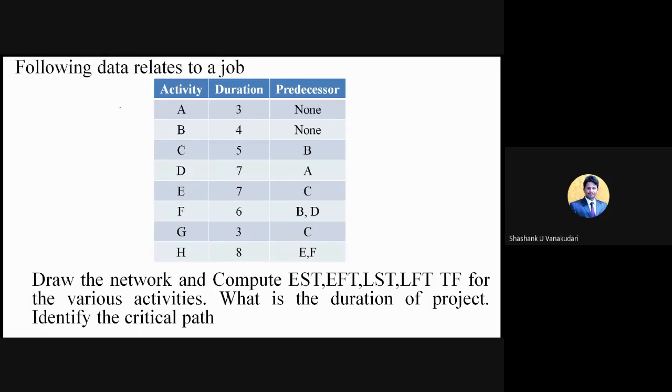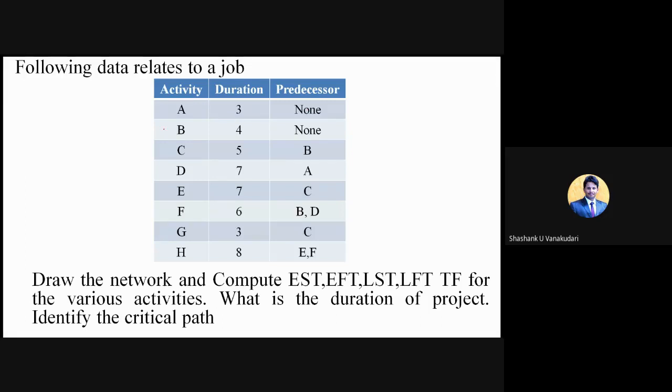So this is the question that depends upon the predecessor part. Here they have given the activity list. There are 8 activities, starting from A to H, and they have given specific durations for specific activities. And then the relationships between these activities are given with respect to the predecessors. Can you see this column? This column they have given with respect to the predecessors. So these are the conditions they have given.